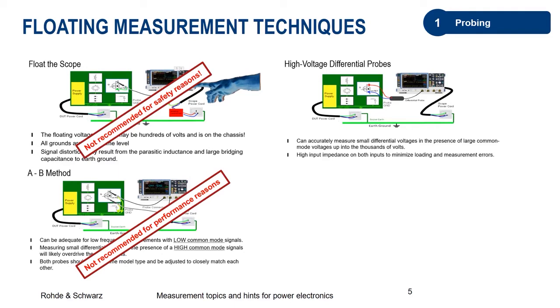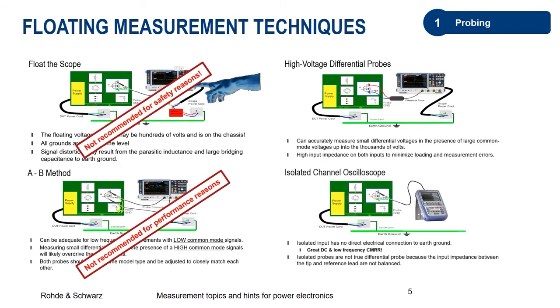The other option is to use an isolated channel oscilloscope. Isolated channel oscilloscopes are usually handhelds. They have input channels which are galvanically isolated between each other and from the rest of the instrument. And this galvanic isolation is usually done in a way that there is only a small coupling capacity between the channels, or between the channels and the main instrument. So the one thing that is achieved here is a safe measurement, because the channels are isolated